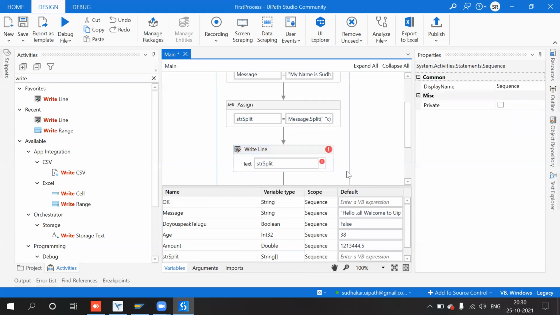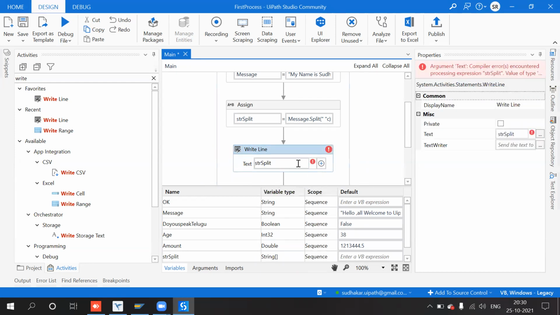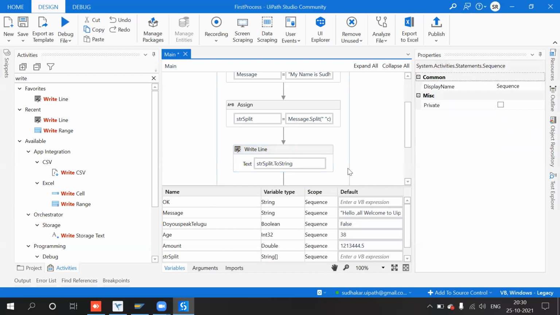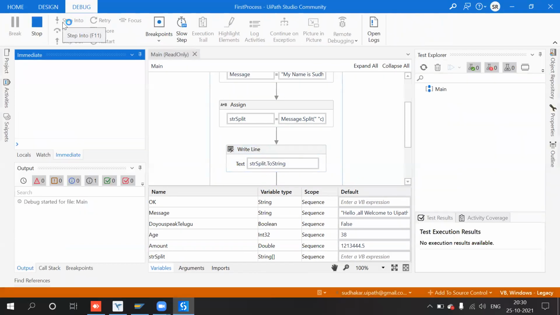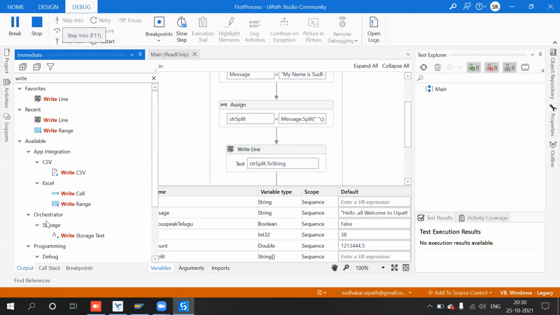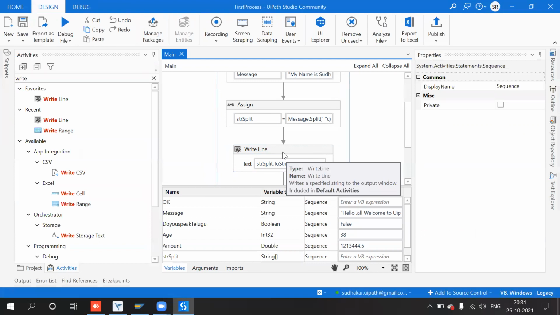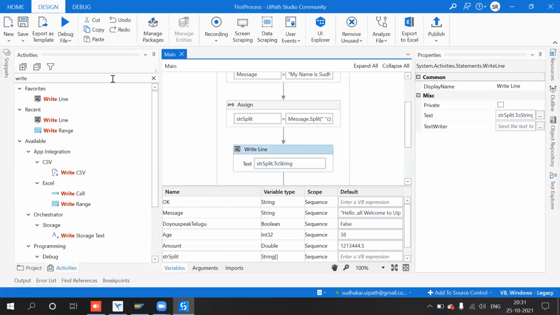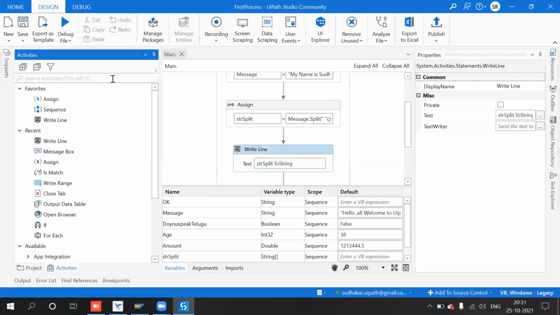str split. You will get a string only, you will not get the entire data. So we got System.String only, but we did not get the data. How do you get it? For that, the data is available in the array.